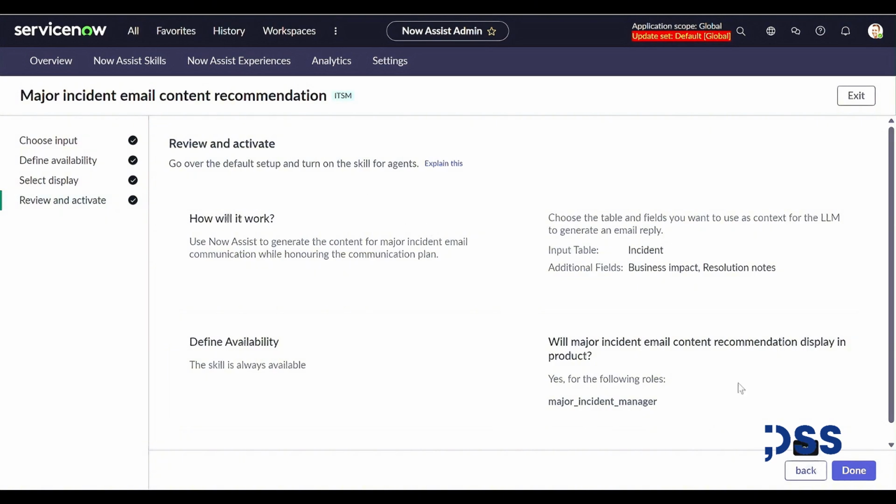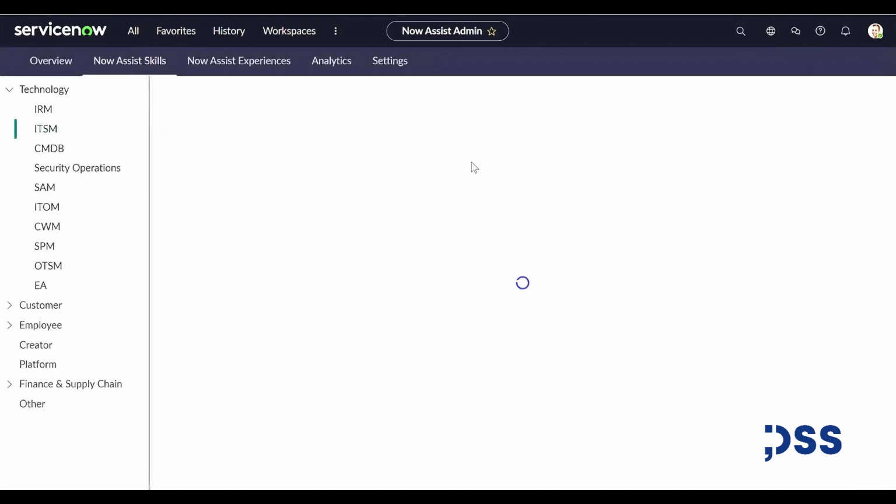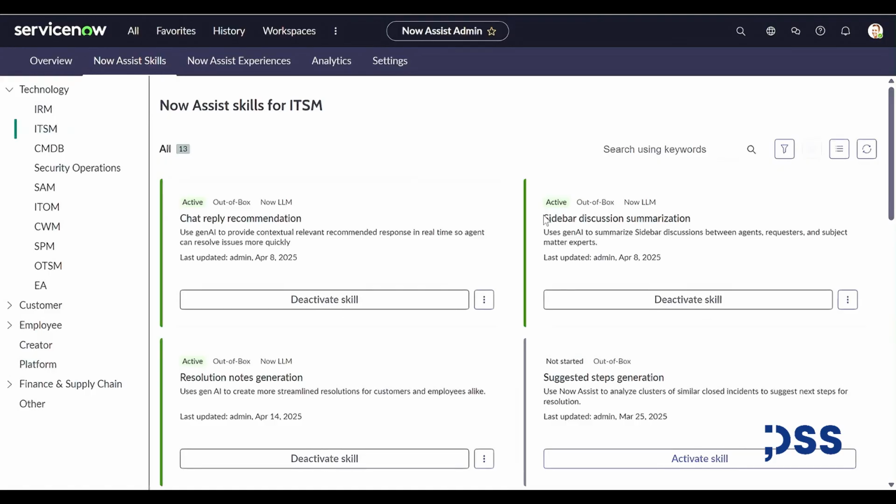So I'm okay, I'm gonna activate it, but in my case it's gonna be done. For your instance, it's gonna show here activate, and you're gonna have a pop-up box, and that will say that you successfully activated the skill, and you can click return to the ITSM. Okay, now